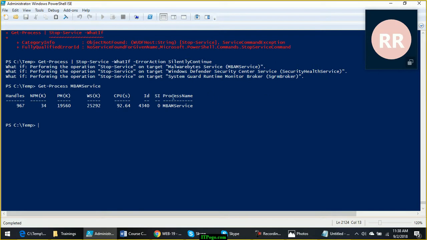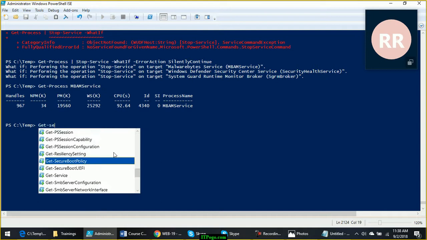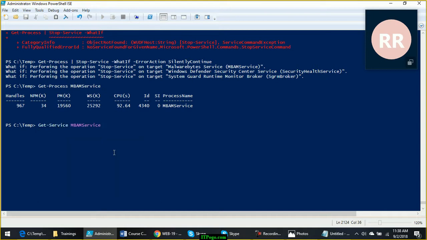Right, there is a process with this name, and when you check Get-Service for the MBAM service, there is also a service with this name. So what is happening here is that this process name is actually an alias for the Name parameter. Sorry, the Name property.